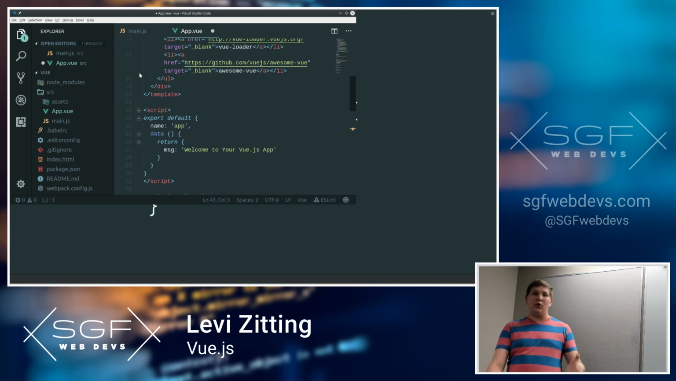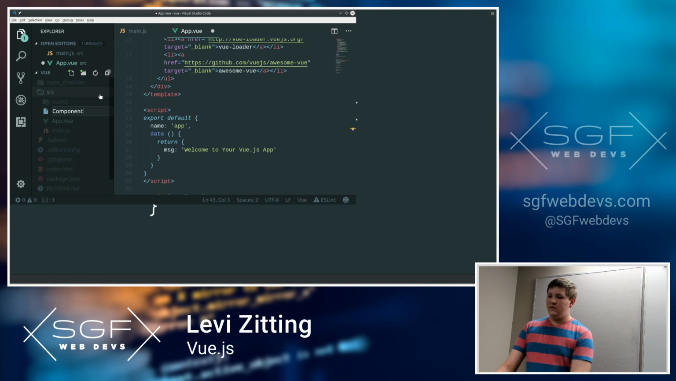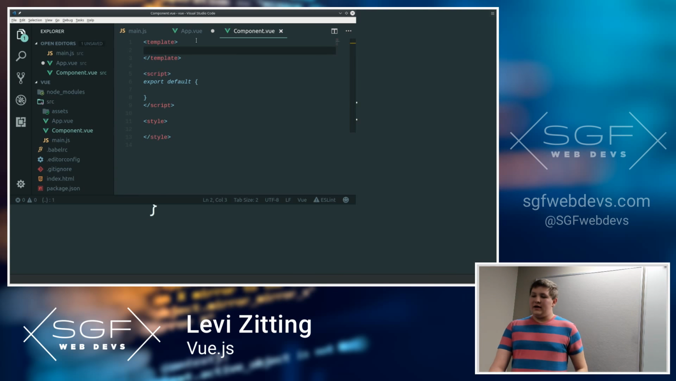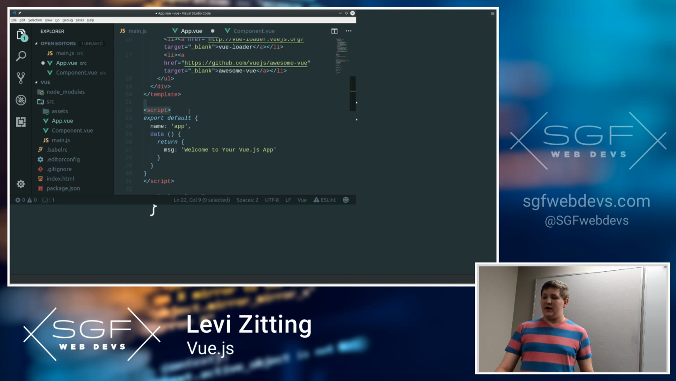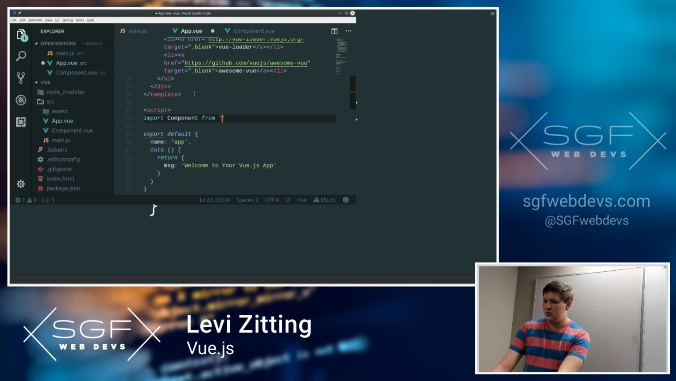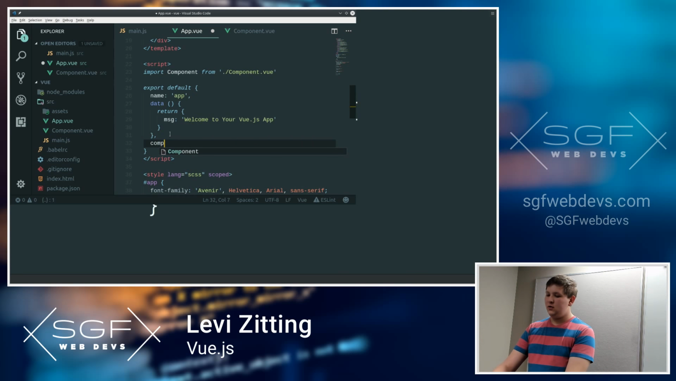Now, if we want to import another component into our app component, it's pretty easy. We would just create a new .vue file, and we will scaffold this out real quick. And then inside of our component, inside our script tag, the first thing we would do is import that component. But that doesn't take care of everything because it's kind of outside of the thing that we're exporting. So all you have to do now at this point is just add a components property